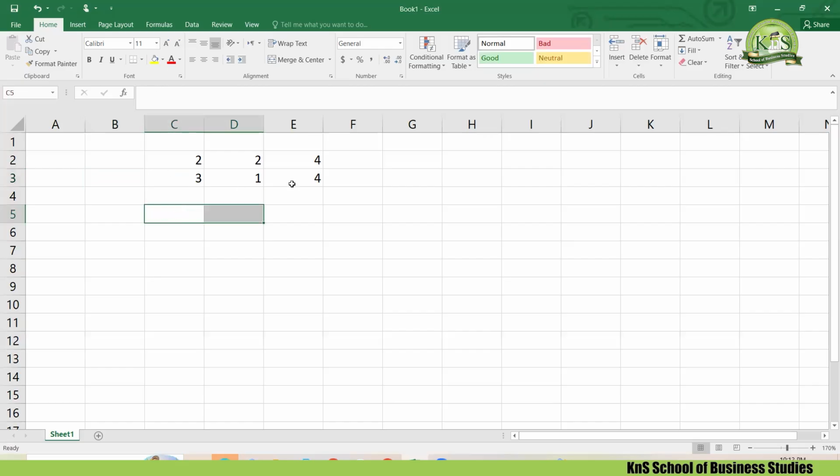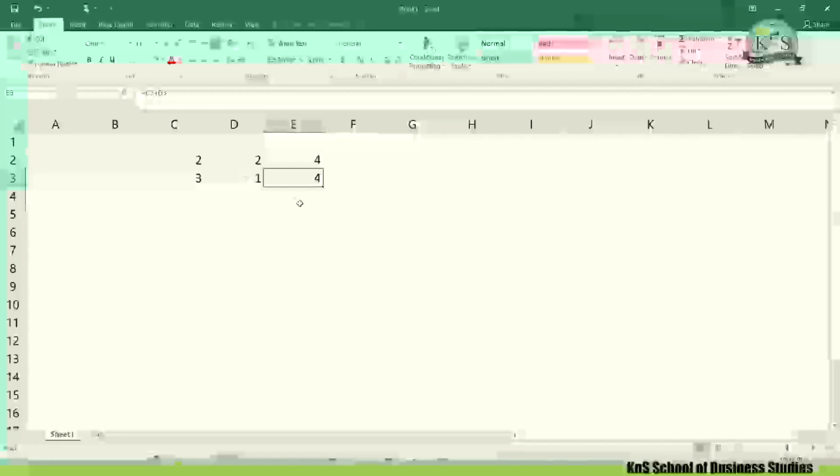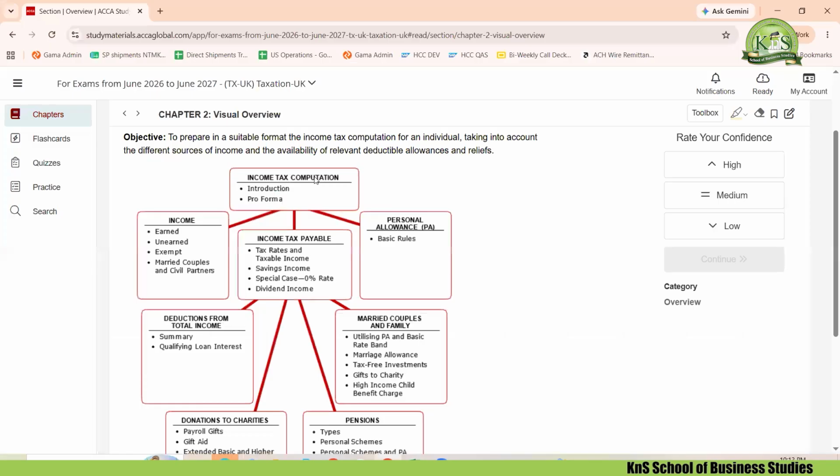Now, a calculation would be very simple. I'll give you a proforma of the taxation, and you will follow what the examiner has given us. But if you don't know how to analyze it, if you don't know that if I increase one quantity the other will automatically decrease, this is computation. If I increase this quantity and decrease that one, obviously your results will be the same, but your process gets different. So this is the difference. Most of the time you will come across computations.